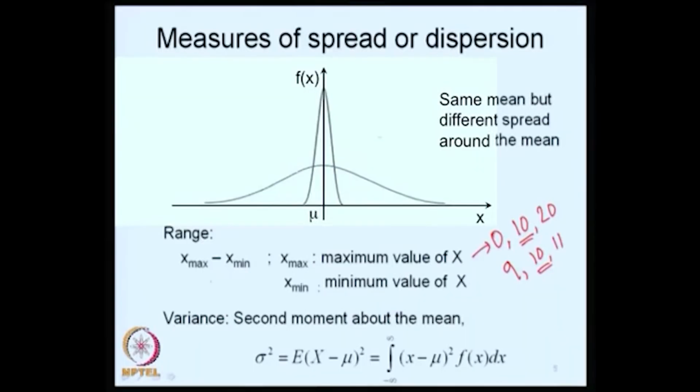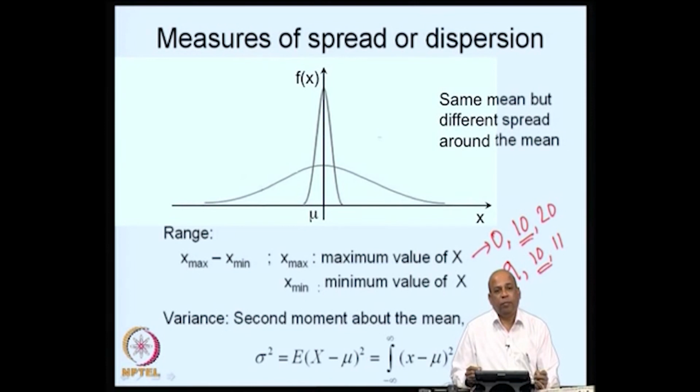The most obvious measure is the range, which is simply given by the difference between the maximum value and the minimum value. So, it indicates actually how far the values are spread, not necessarily around the mean in this case. X max minus x min will give you the range of values that you may expect. But the more important measure of spread is the variance,